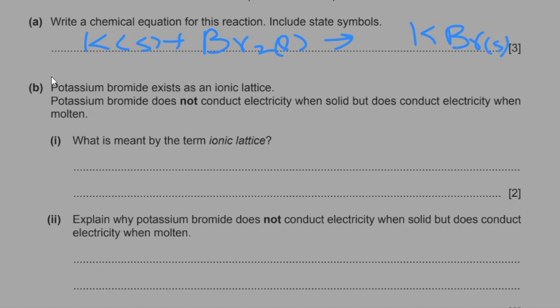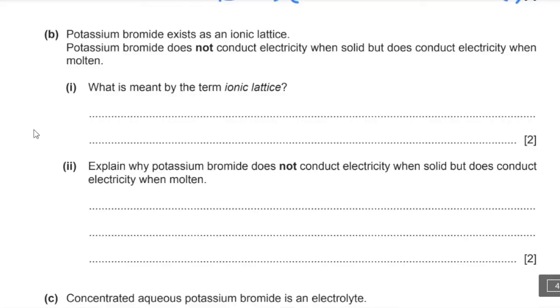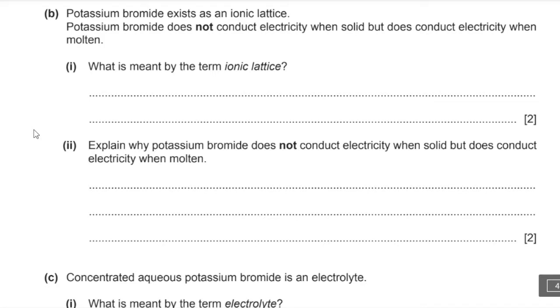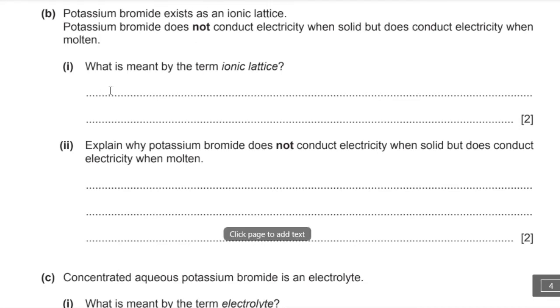Now for balancing the equation, we have 2 potassium atoms to balance out the number of electrons on the product side. B. Potassium bromide exists as an ionic lattice. Potassium bromide does not conduct electricity when solid but does conduct electricity when molten. 1. What is meant by the term ionic lattice? So you're supposed to be writing the definition of an ionic lattice, which is